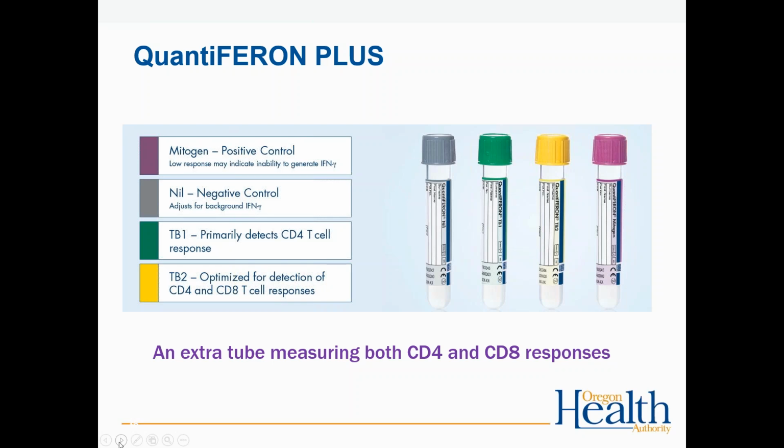The difference is they took an antigen out of the tube from the Quantiferon Gold, so now they just use ESAT6 and CFP10. They took out 7.7. And taking 7.7 out didn't really affect the sensitivity at all. In fact, sensitivity is probably slightly better than the old version, or at least as good. The reason why it's slightly better is that second tube, where you're measuring both CD4 and CD8 responses, as opposed to the old test, as well as the TB1 tube here, where you're just measuring CD4 T cell responses. So having that second tube probably buys you a little bit of sensitivity.